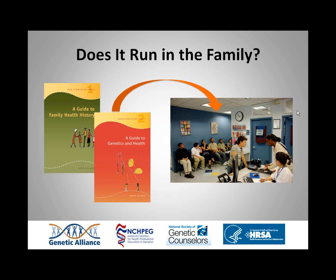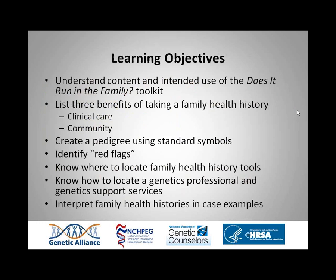this project, and then I'll be turning it over to Emily Edelman from the National Coalition for Health Professional Education in Genetics, one of our partners, to do a presentation on family health history and genetics and how to identify some red flags. So our learning objectives for the day are first to understand the content and the intended use